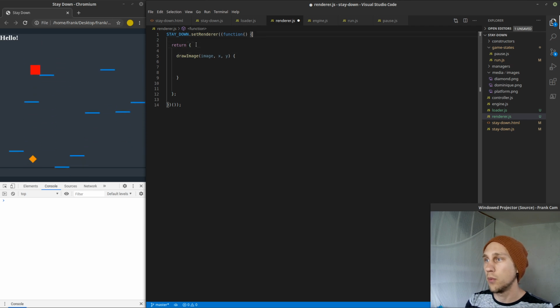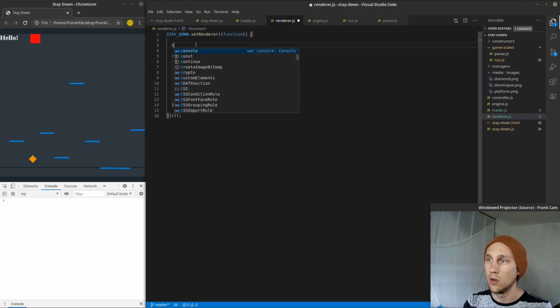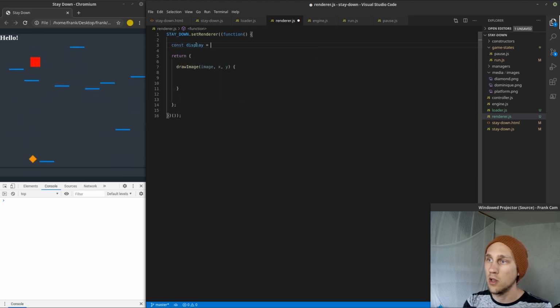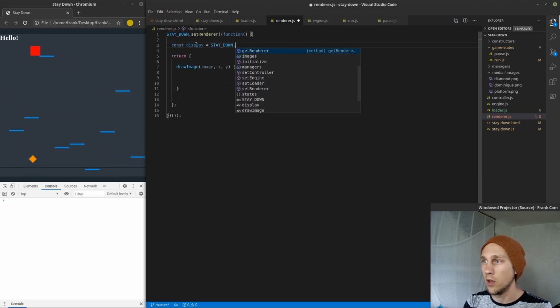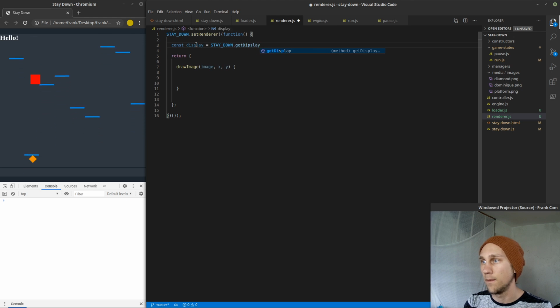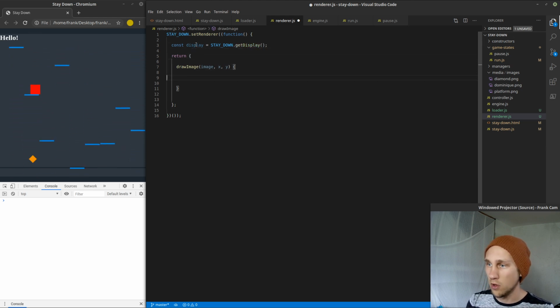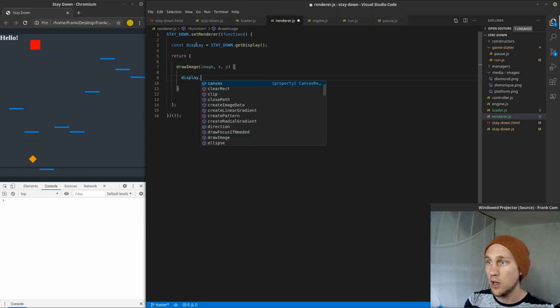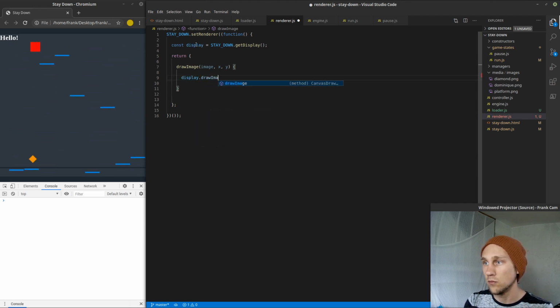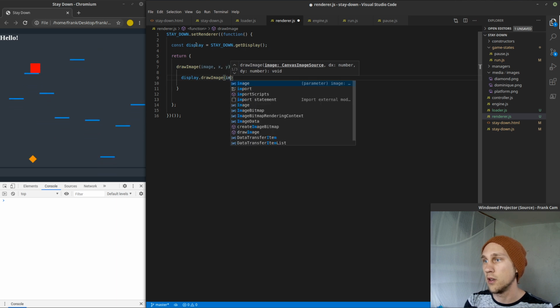This is going to have to pull in display, so we're going to do display equals staydown.get display, and then we're going to say display.drawImage. I'm going to take the image,